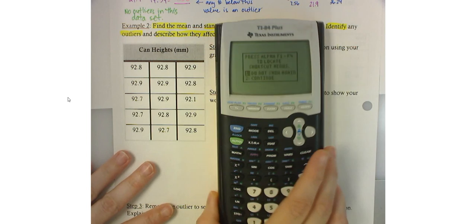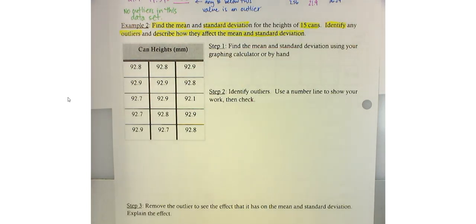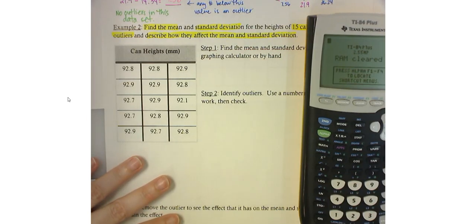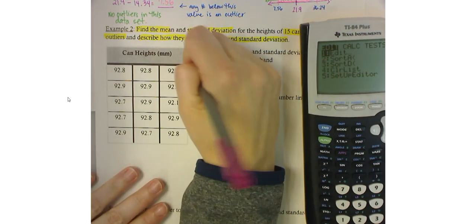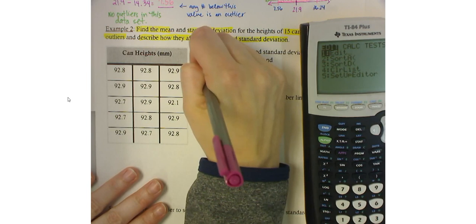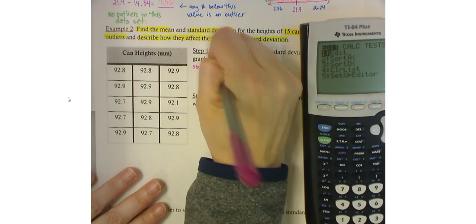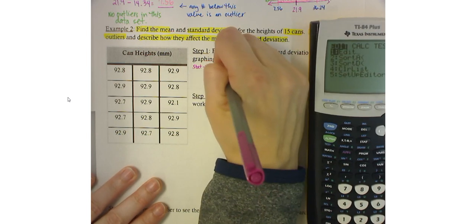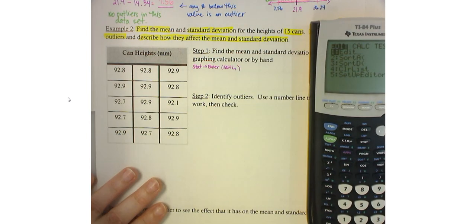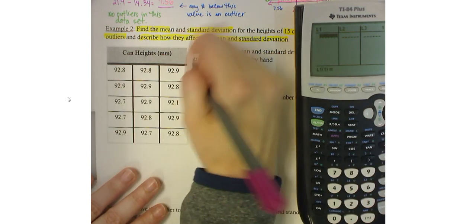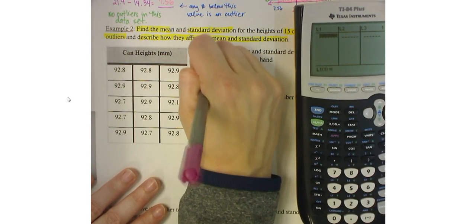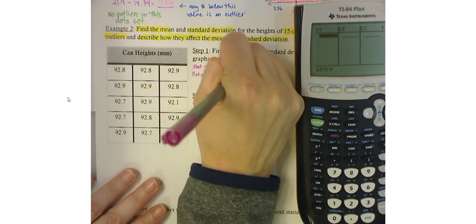To use your graphing calculator, the first thing you want to do is go to Stat and press Enter. You're going to edit List 1. That's where you put all of your data values. So we press Enter, and then in List 1, you enter all of these. Put all data values in List 1. So I have 92.8, 92.9,